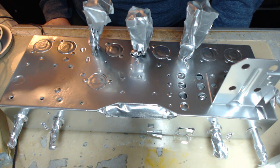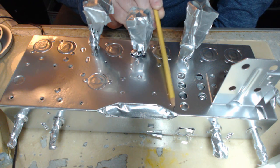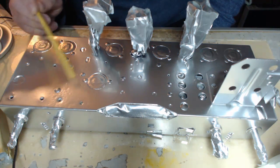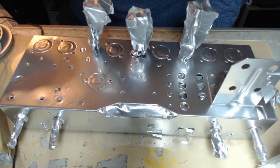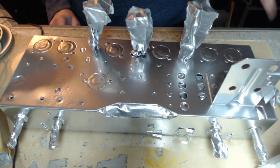Well, you know what that is. That's the chassis. Now, after I painted it, the next day I gave it another coat. And I put it on kind of thick, just to see if I could get rid of some of the pits. And it actually took away some of the pits. You can still see them over here. And it filled in a lot of that. And it looks okay to me. And I'm just going to go with it. You know, I'm not that picky on it. As far as the cans...